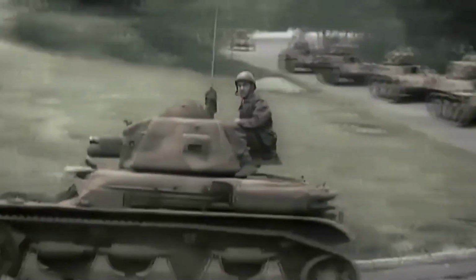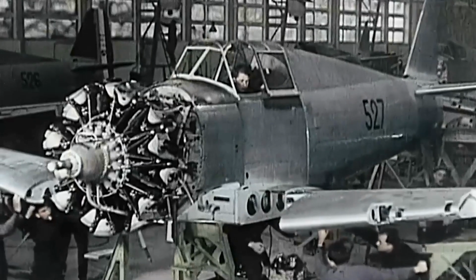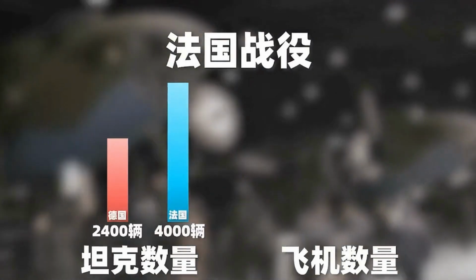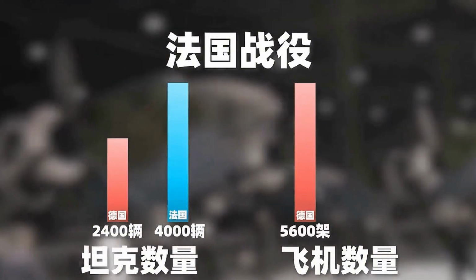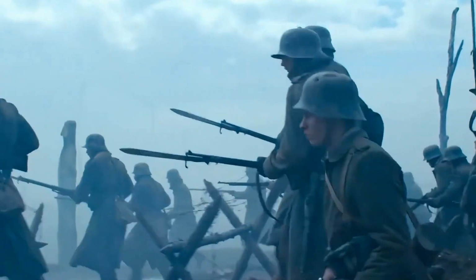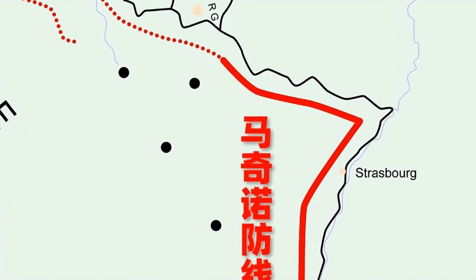In the Battle of France, both sides committed roughly equal forces. Each had around 3.3 million troops, and France had more tanks, about 4,000. Germany had only 2,400, but Germany had more planes. Germany had 5,600 aircraft. France had only 2,900. On paper, the forces were evenly matched. It seemed likely to become another attrition war like WWI, and France's leadership was ready for a long war relying